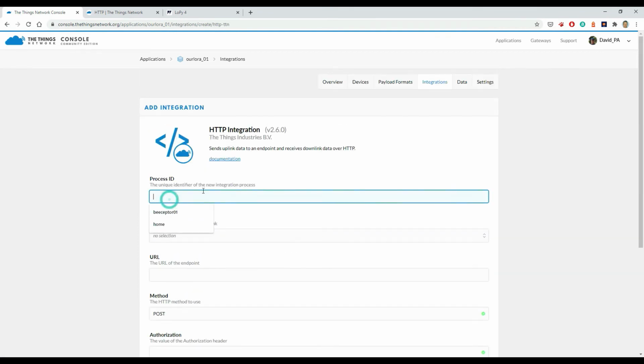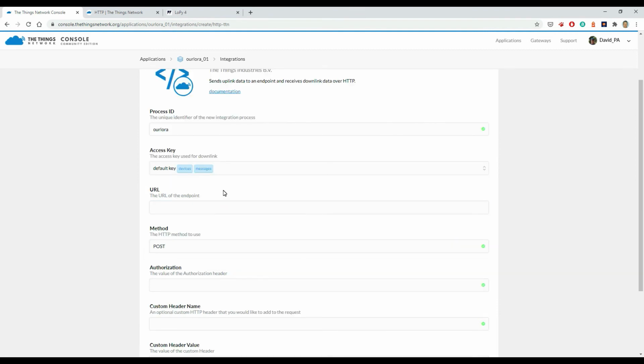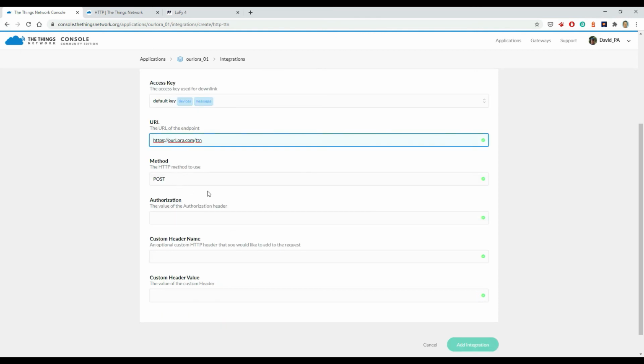Basically have to give it a name, so let's call this one access code. What it'll put into the response to allow me to send messages down to the device. I'm not actually using that. We need to put in a URL. So in my case, it's probably going to be ourLora.com TTN. Then I'm going to use a post to send the information up to my